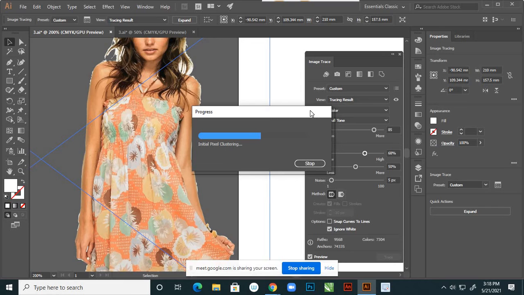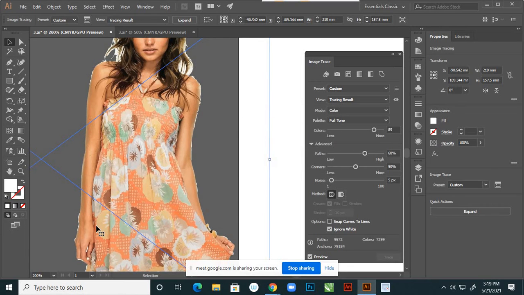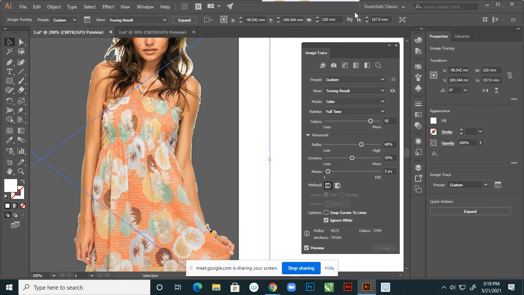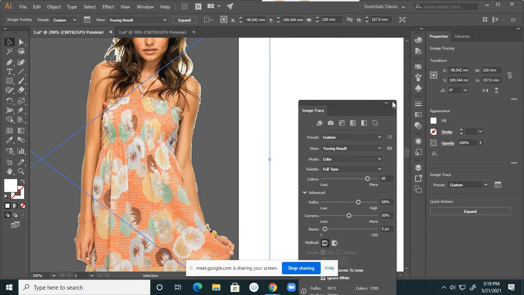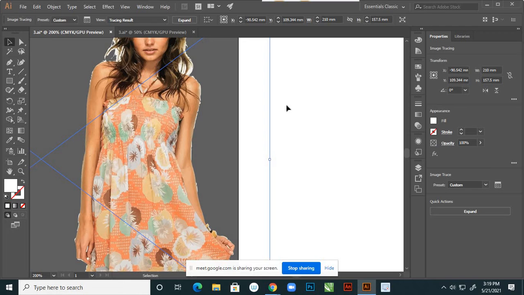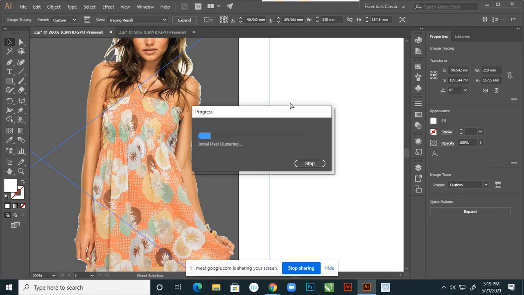Sometimes it will waste your time. We feel that it is a wasting of time, and after vectorizing only you can do this, right? But without vectorizing your image, you can remove your outlines. I mean, not outlines, your background, any kind of background, we remove that without vectorizing. That I'll explain. Suppose see, keep this side. Where is this? Yeah, keep this side, and I'm giving Control Z because see, it is taking time.